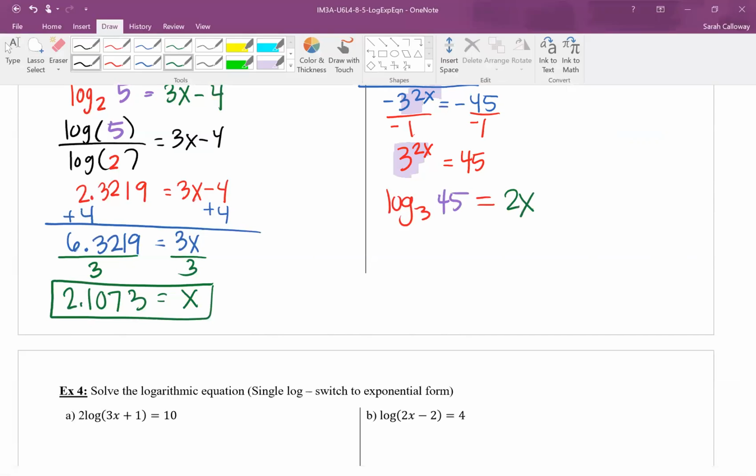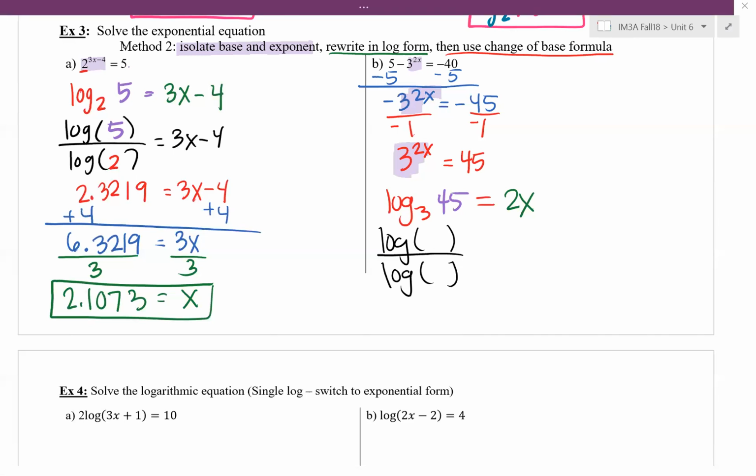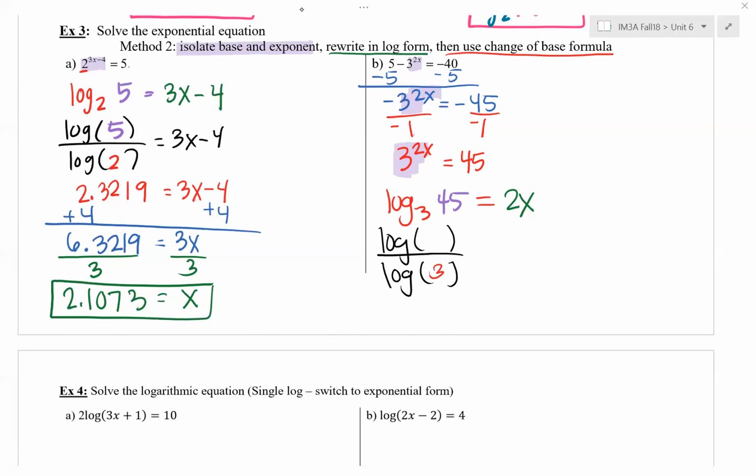So once we've done that, we're able to now use change of base. So we're going to change our log base 3 of 45 to log of 45 divided by log of 3. So we've got log of 45 divided by log of 3, and that's still equal to 2x. So we are ready to calculate. So we're going to calculate log of 45 divided by